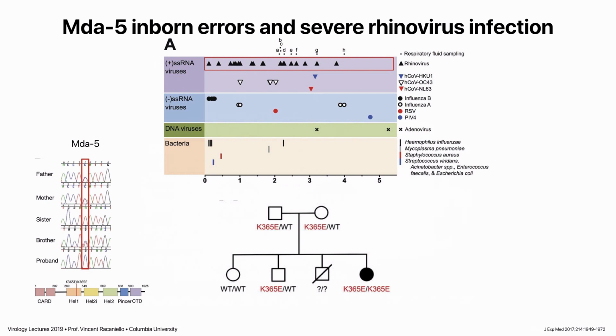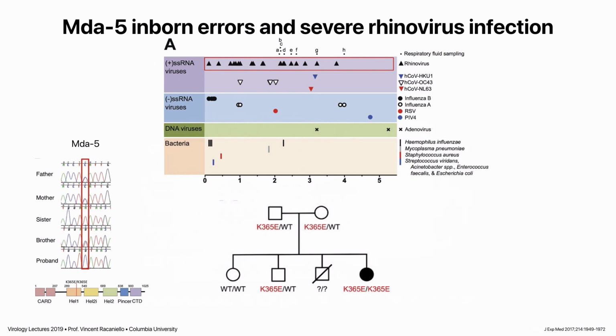case of a young child who from birth had recurrent respiratory virus infections. And so here's the timeline of this child here from birth to 5 years of age. And each triangle or circle is some kind of infection. So this is not normal to have so many infections within the first few years of life. I mean, you do get 1 or 2 a year normally, but this is completely wrong to get this. And you can see at the top here,